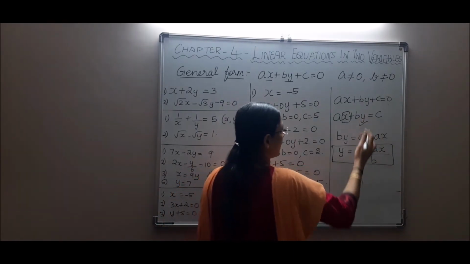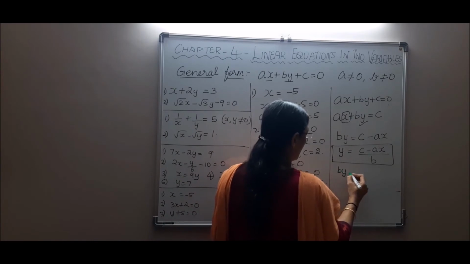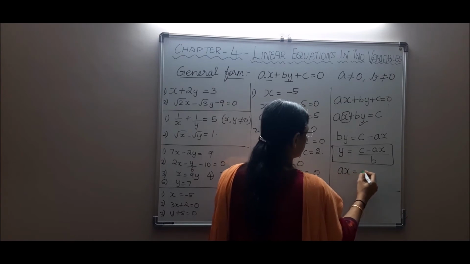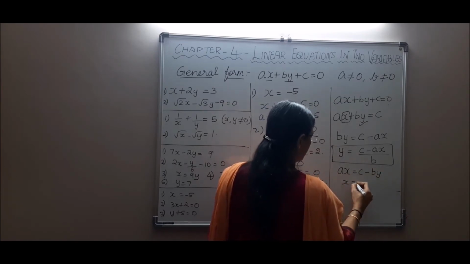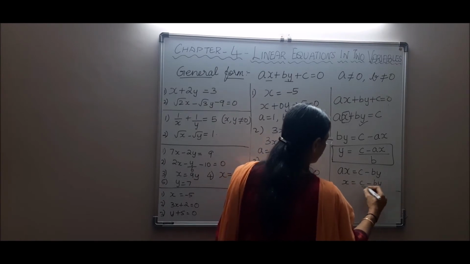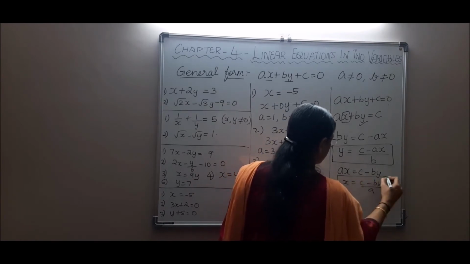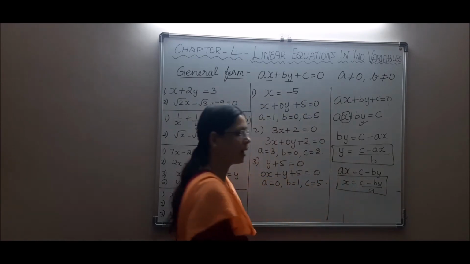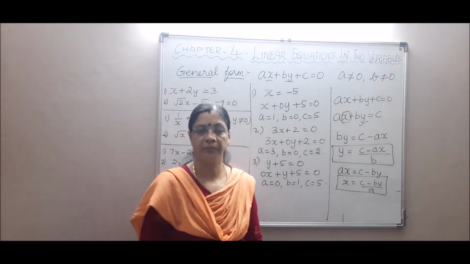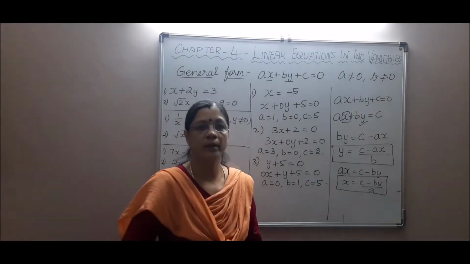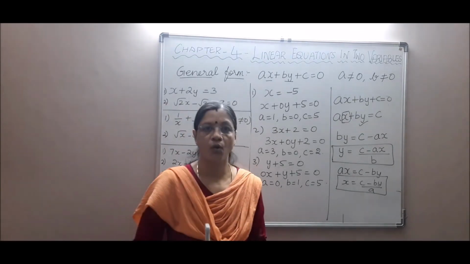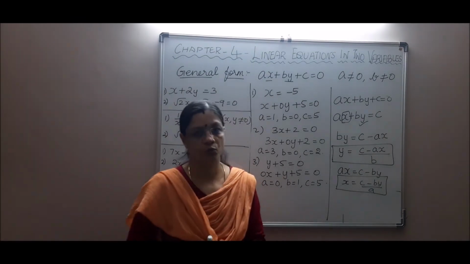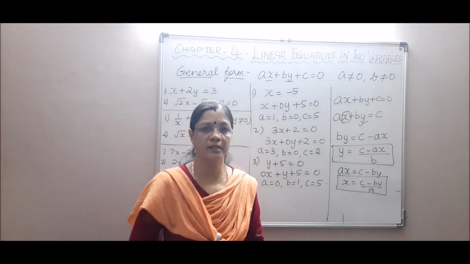Now if I know the value for y, keep ax as it is, bring by to that side, then x is equal to (c minus by) divided by a. So in this way, when I know the value for y, I can get the value for x. So when two variables are given in an equation, it represents two conditions or two quantities to be obtained.